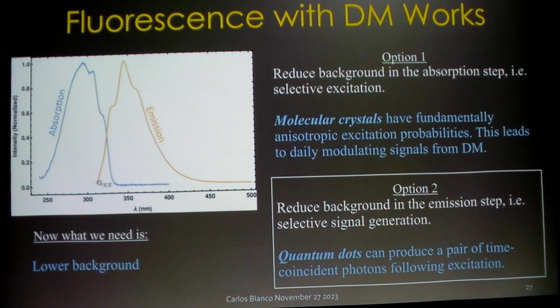Okay. I only have a little bit of time, so hopefully I'll be able to tell you about this next part, which is how do we reduce backgrounds beyond that? Well, now we can focus on the emission study, right? And one way to do that is to look at nanomaterials. So I will just tell you that there are these things called quantum dots, and they can give you signals that have very interesting statistics that are far different than random statistics.